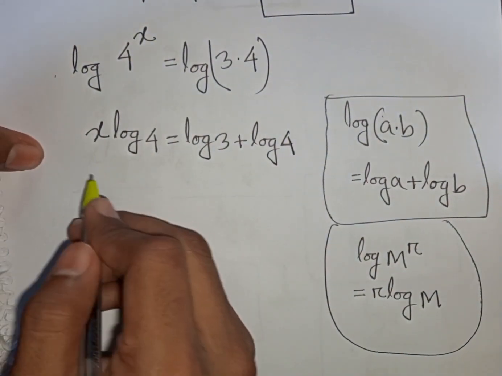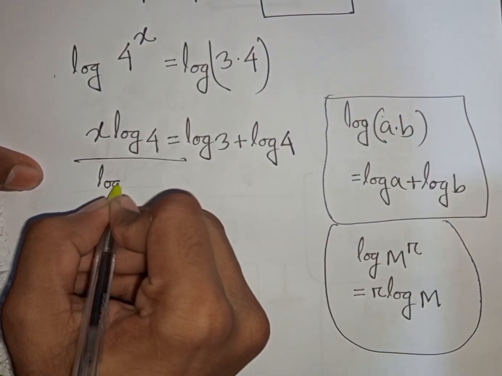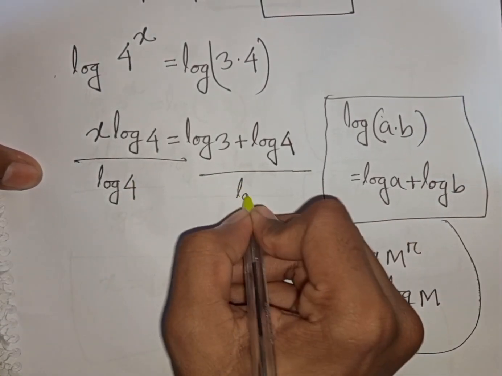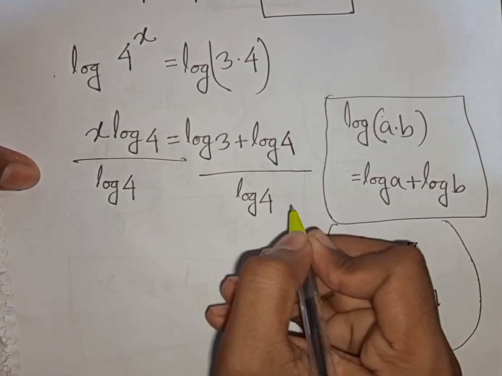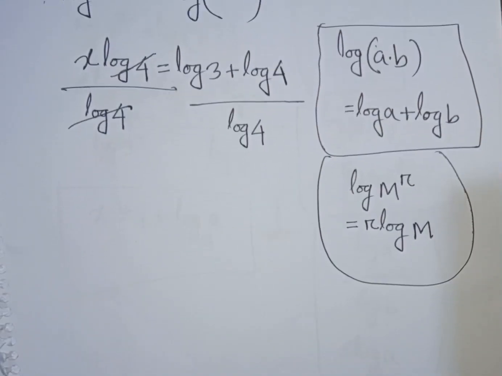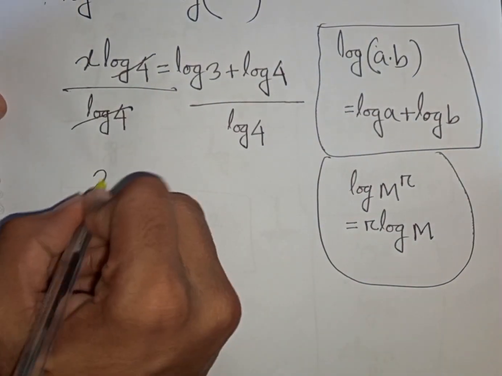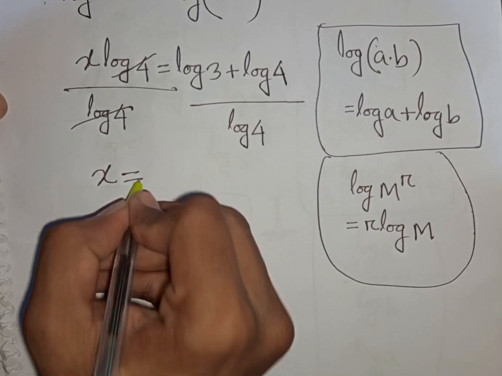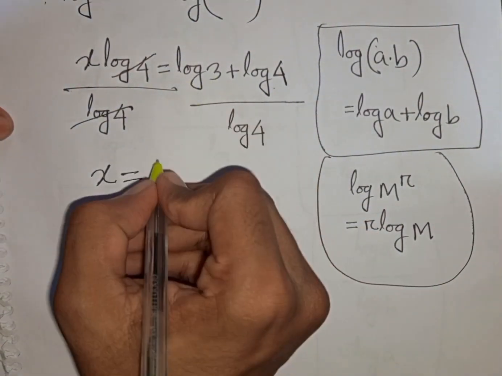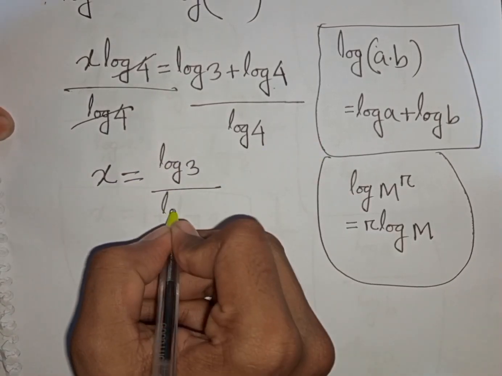Now we need the value of x, so divide by log 4 on both sides. Now this log 4 will be cancelled. So here x will be equal to this divided by this, that means it will be the same, log 3 over log 4,